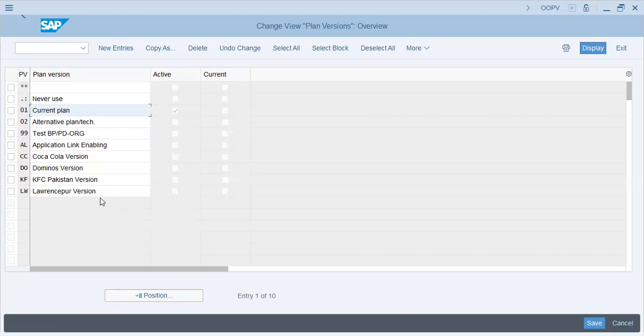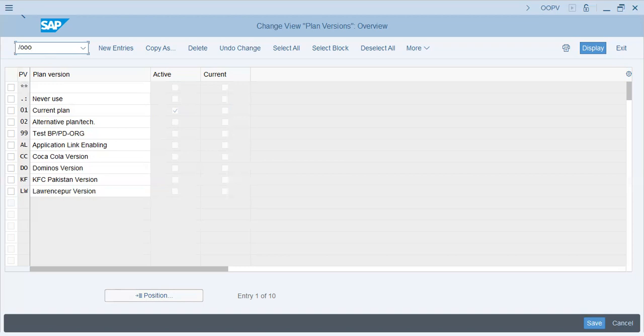Okay. So next we see that this is active, but it's not current. Current can be some other plan or it has not been yet activated. So we'll have to activate it. And for that, we will have to open up